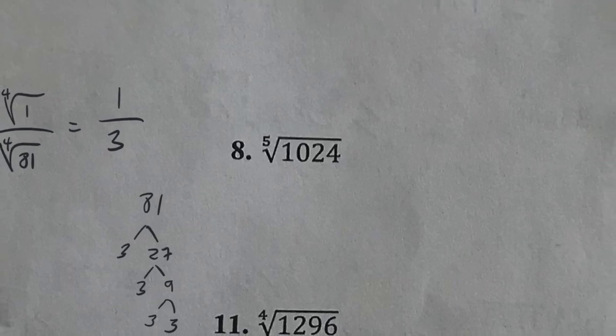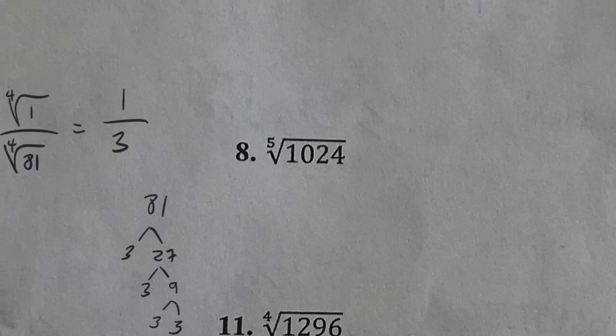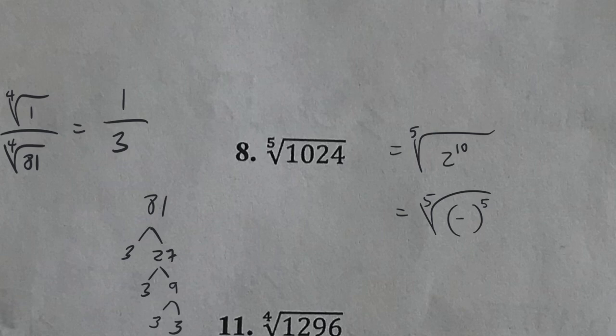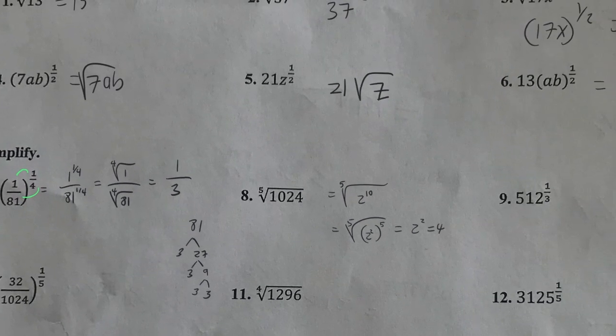1024. We had actually dealt with that on the previous page, so this is a bit of a repeat. You may recall that after performing the prime factorization tree, that was 2 to the 10th power, and we acknowledged that we could therefore rewrite it as forcing that exponent of 5 on the outside, and therefore 2 to the 2nd on the inside. So who gets out of jail? The 2 to the 2nd, also known as 4. Okay,